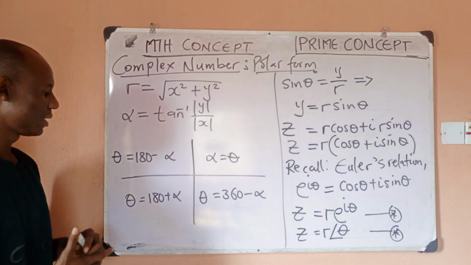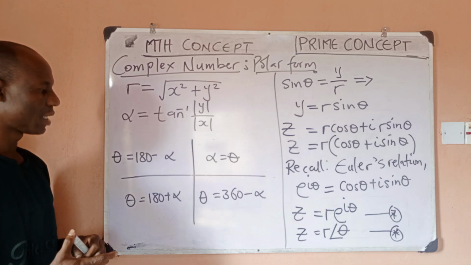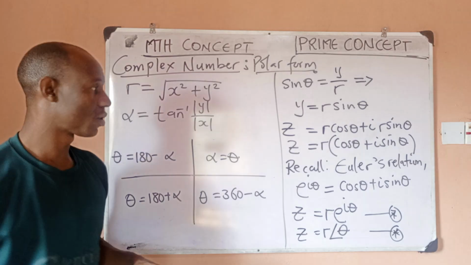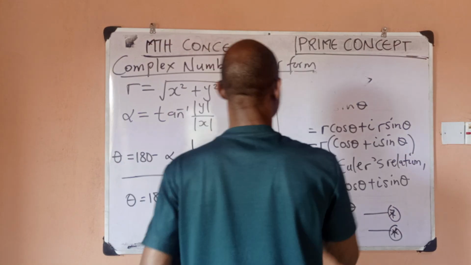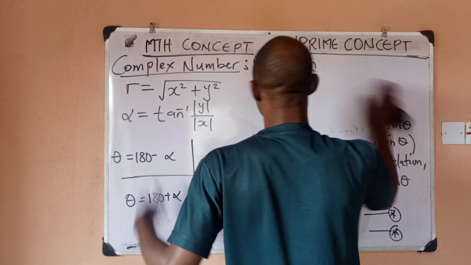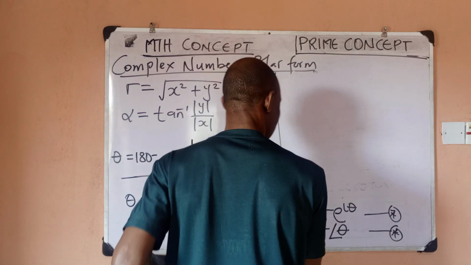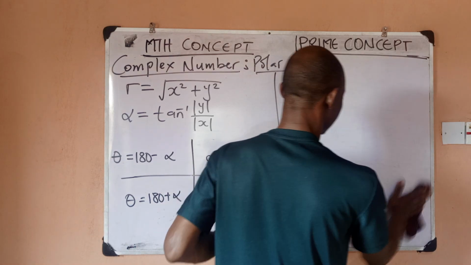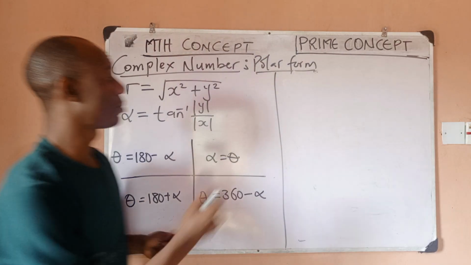So let's see a quick example on how to solve this. I'll leave this diagram so it will be helpful to us. This is just one method, after which we're going to see the second way, because we can have different possible angles that will give us the same relationship. So an example,